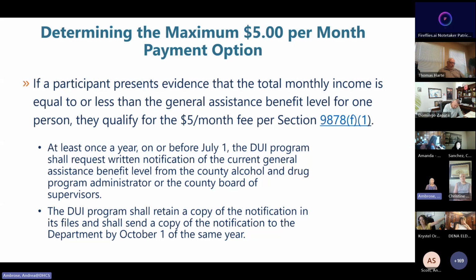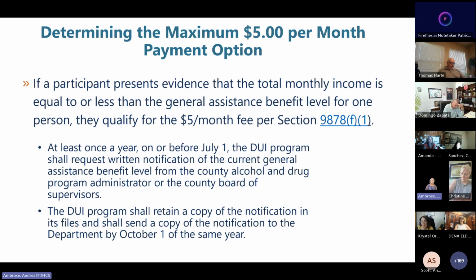Well, how do you know what the GA level is in your county? The regulation tells us that at least once a year, you need to get written notification of that GA level from your county alcohol and drug administrator or your county board of supervisors. But usually you're just going to contact your county representative and request that GA level.